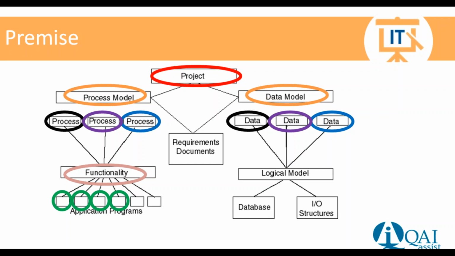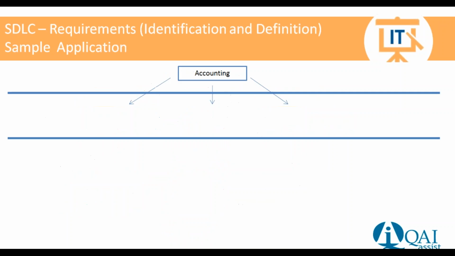to be able to deliver that functionality. So the programs are driven out of the functionality that have been defined by the processes, and the processes are in a direct relationship to the data that we've been able to define that we're going to require to deliver our application. And ultimately, all of that information is going to be authored, defined, and approved in our requirements document. So conceptually, we've introduced this concept.